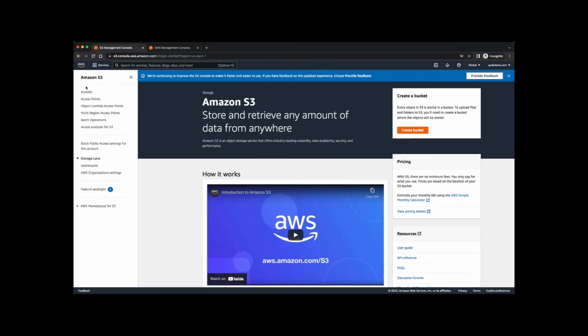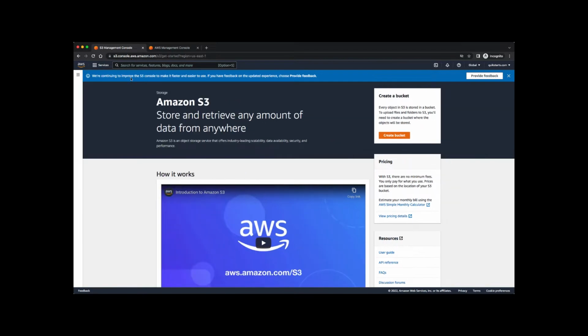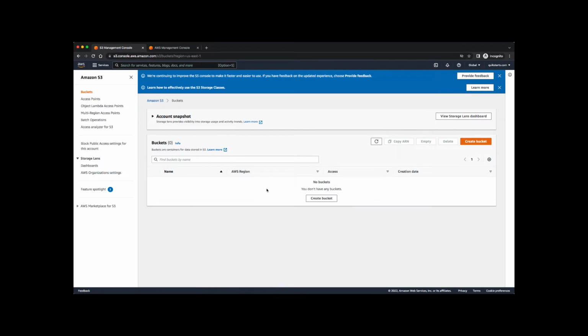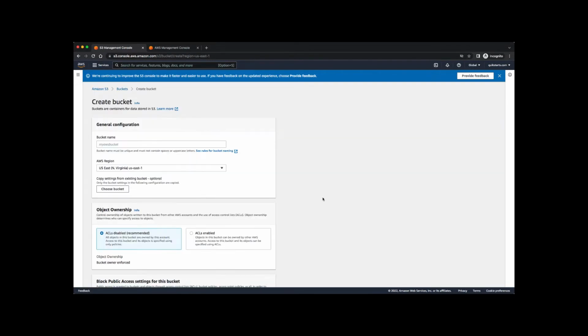If you see that your left side menu is collapsed, indicated here by the hamburger stack, you simply come over to it and click on it. That will expand it, and we want to select the Buckets option. As you can see, we don't have any buckets, so we're going to create a bucket. We're going to call that bucket Quick Starts